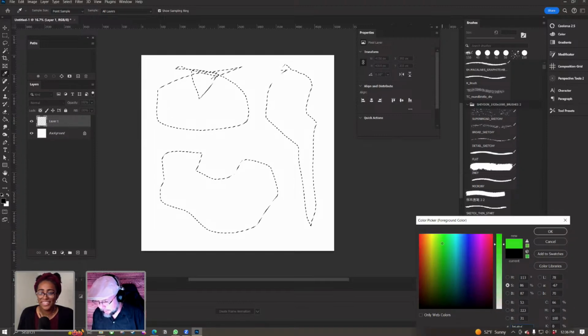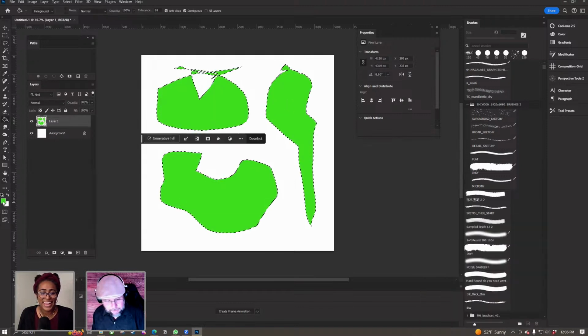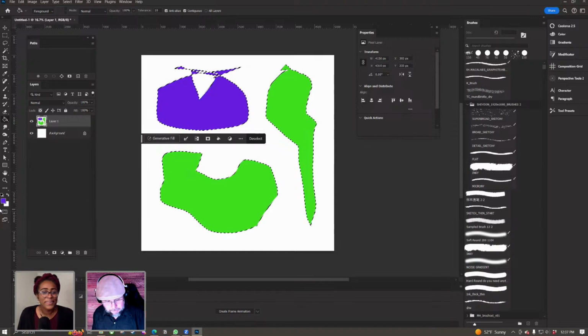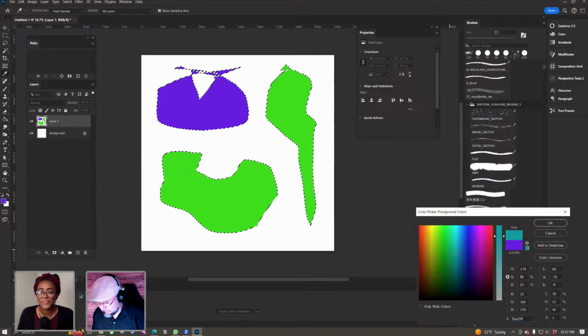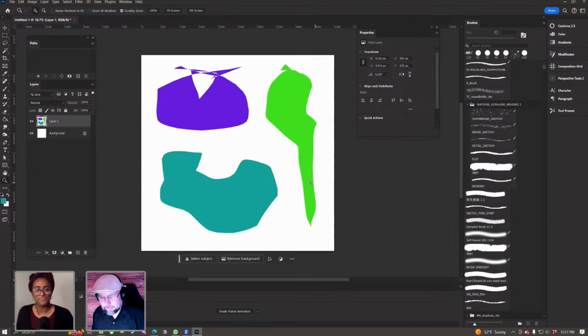And let's pick some scary colors. We'll get a green in there, and then we'll do one of them purple, and we'll do a scary greenish blue. So I've made these weird shapes. They really don't make any sense, or they do make sense, but they'll make more sense in a moment. I put them on one layer, and I'm just going to give another layer.